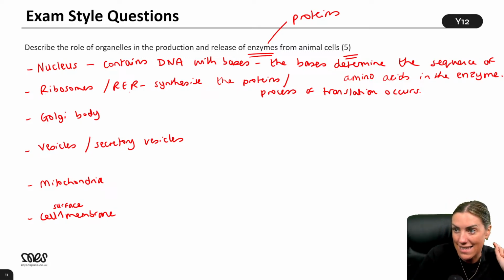Okay, yes, and you could also say transport of proteins to Golgi. I'm running out of space. I hope you can figure out what I'm...